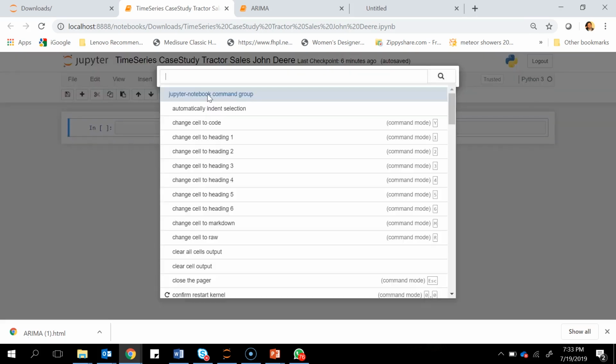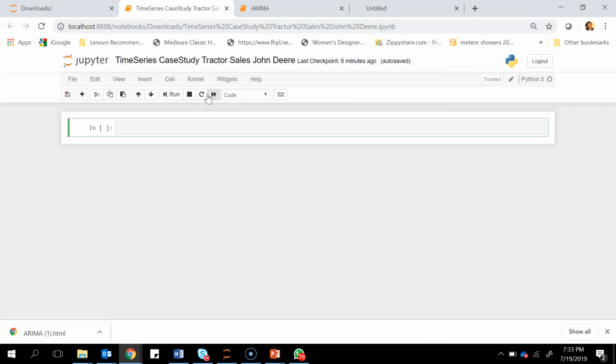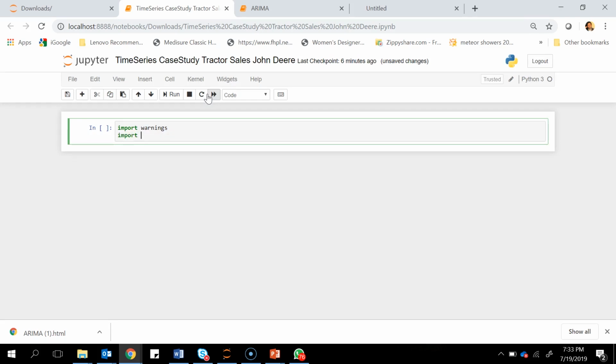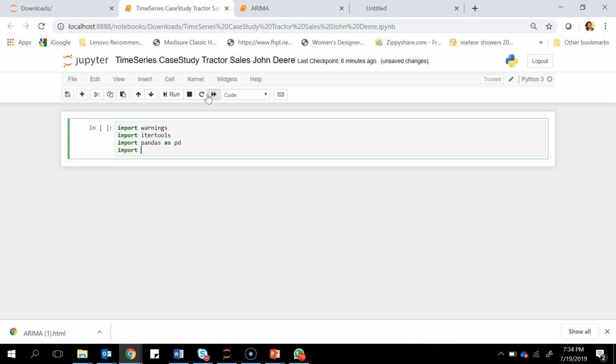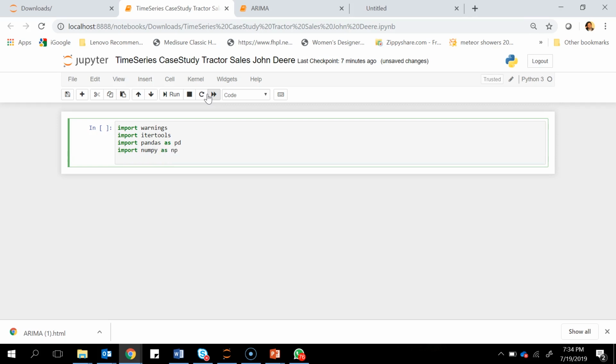So we'll start with import warnings, then some libraries like import itertools to iterate over our data frames. Then we'll import pandas as pd, which is a standard library for our data frame operations. We'll import numpy as np, which is for working with different types of numbers.